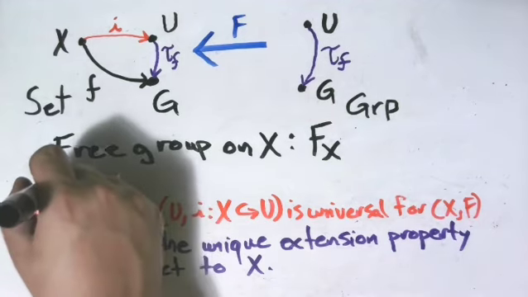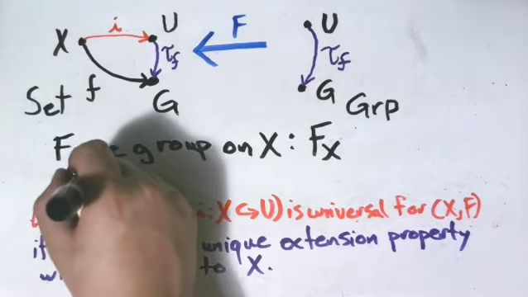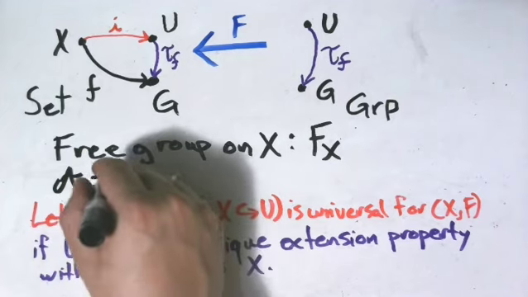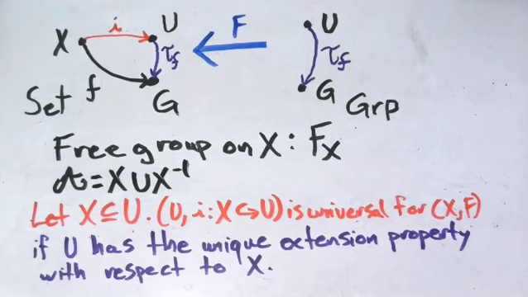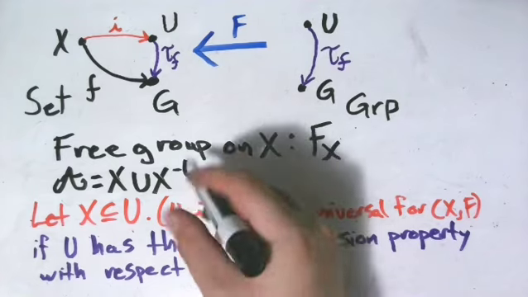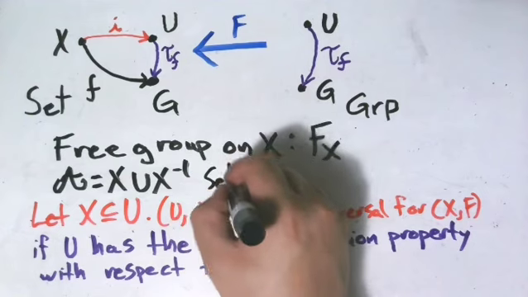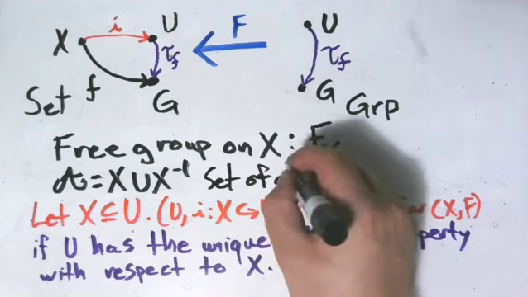So if we take A to be the alphabet consisting of X together with the inverse of X, where basically we just have a set X to the -1, with all of the inverse group elements of X, and we consider them as letters in some alphabet, then the set of all reduced words